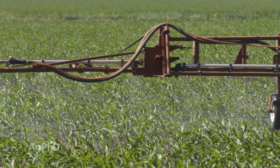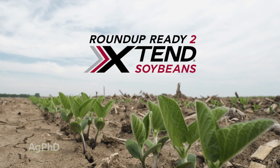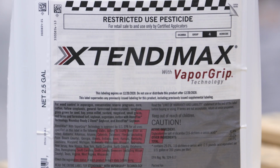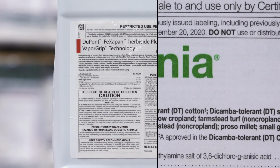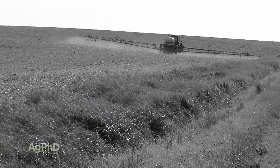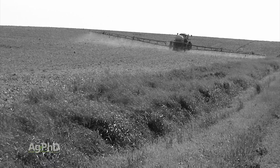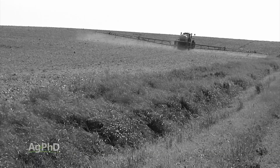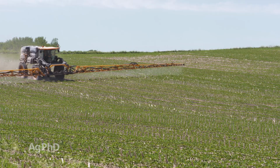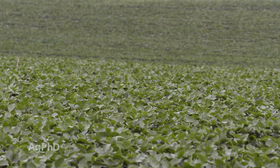came about 3 years ago when it got labeled on soybeans that were tolerant to dicamba. Now, there were some new formulations that came out, namely XtendiMax, Engenia, and FeXapan, but the problem is they were still giving some volatility issues. So just to explain the difference between drift and volatility. Drift is when you're spraying and you can visibly see the spray move off target to somebody else's crop. Volatility is when it gets sprayed on your crop and then it vaporizes, picks up, and potentially